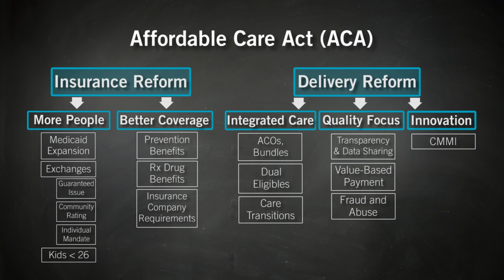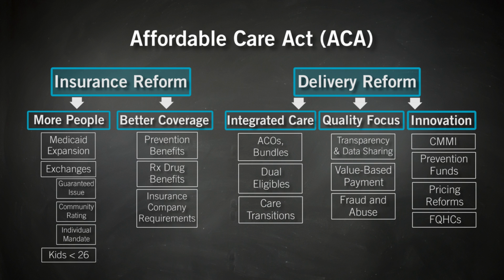CMMI was given $10 billion over a 10-year period to help foster new forms of care around the country. It also set up a prevention fund to help us innovate in the very important area of preventing illness, preventing diseases. It fostered new forms of pricing, especially new bidding and auction structures that stood a chance of buying better care at lower cost. And it put a special investment into a very important form of innovation in our care system, and that is new forms of community health centers. That's the Affordable Care Act. Cover more people with better insurance and support the change of healthcare so it's more affordable and better for patients.